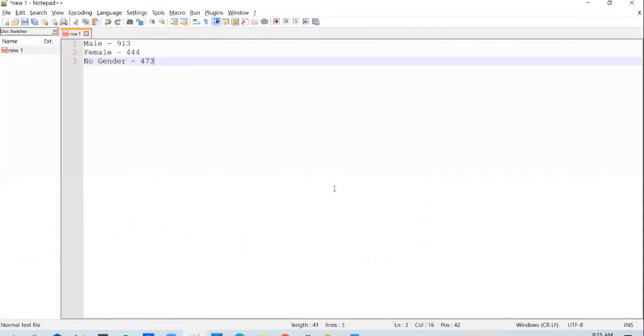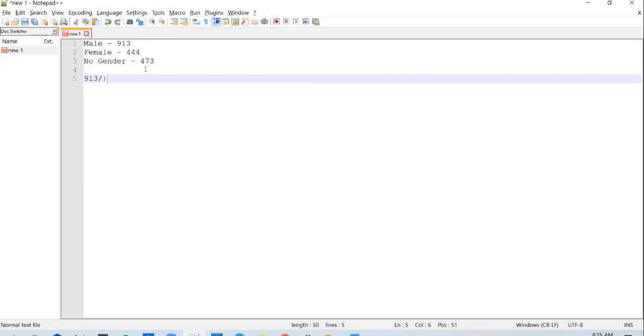473. So if you want to calculate the percentage of male employees among the total employees, it will be 913 divided by 913 plus 444 plus 473, and we have to multiply this whole figure by 100, or you can put it in the numerator directly here.